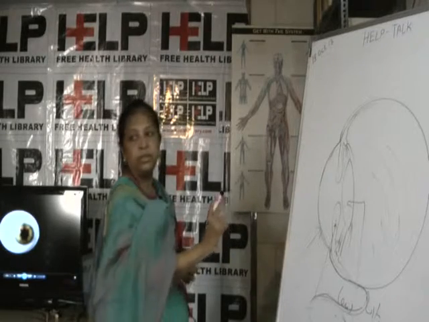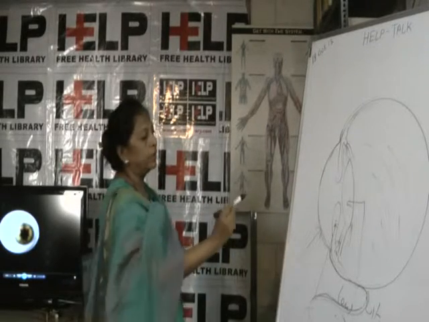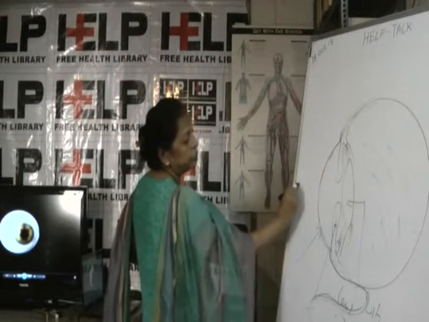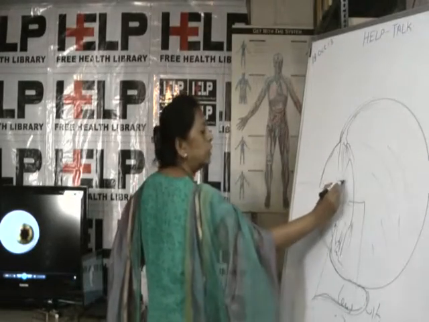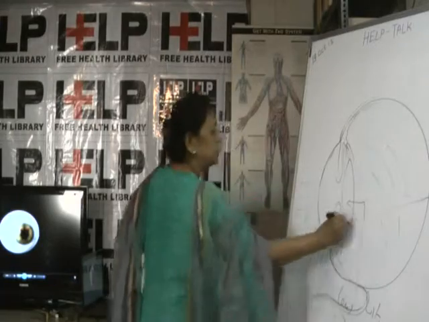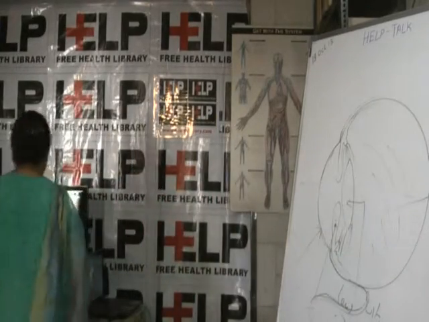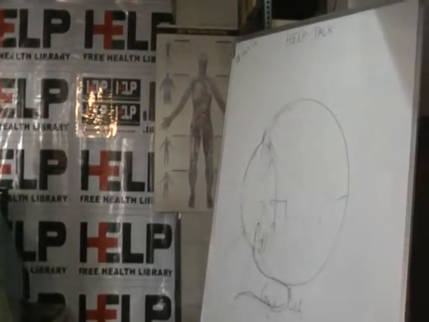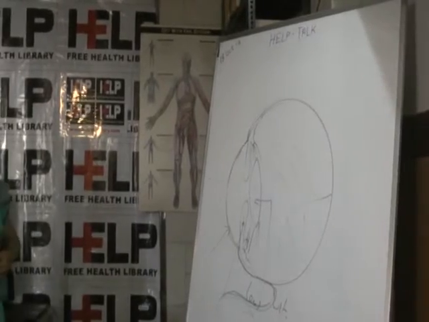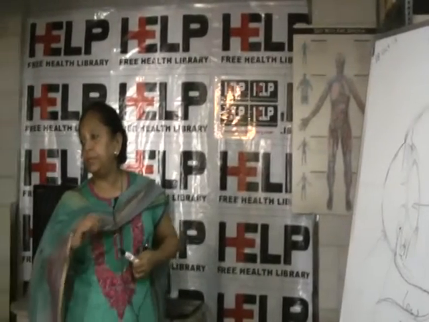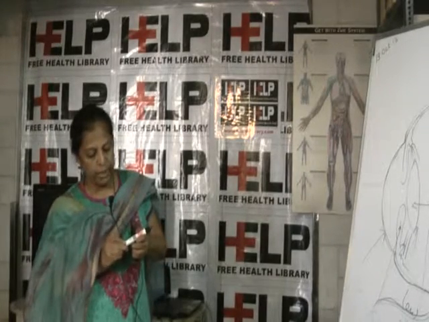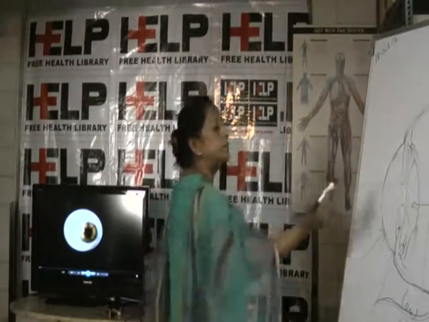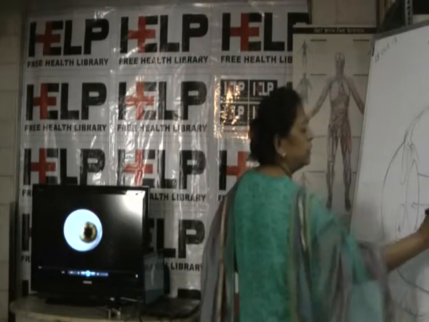The function of this lens is that the image which is formed is supposed to be focused on the retina. It converges the rays of light because it is biconvex. So once it converges the rays of light, the rays are focused on the retina and the patient will see. Okay.